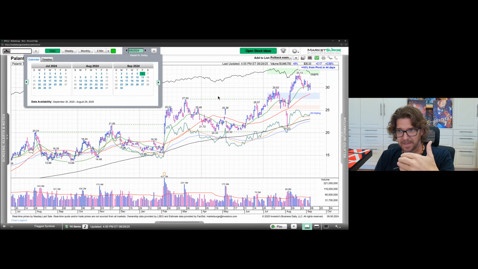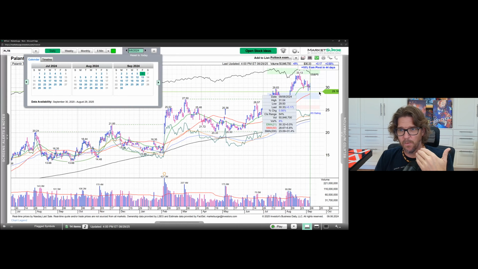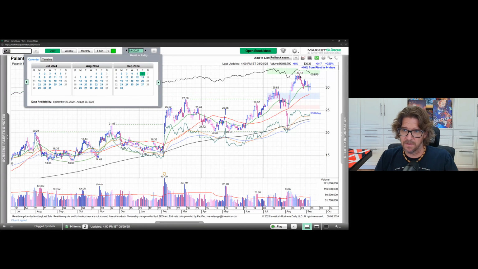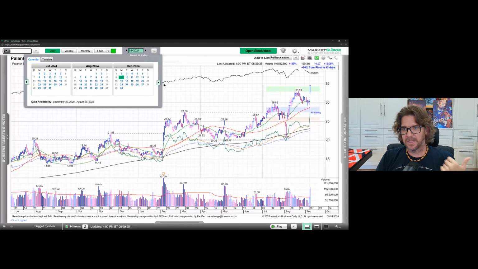I knew it gapped up the next day, but still, look, that's a weak closing range, 54% closing range, when it was coming up against that area of resistance right where it should have moved and it took out the highs of those days. That's not what you like to see, but for whatever reason, it gaps up the next day. And so what I'm going to be doing is gunning it there, because if I'm in a position and it gaps up, I'm going to